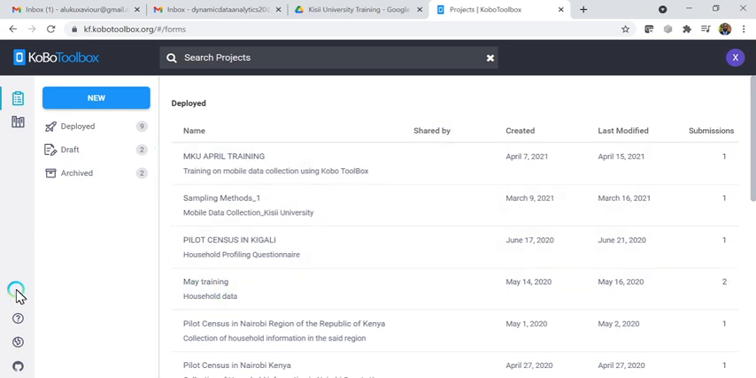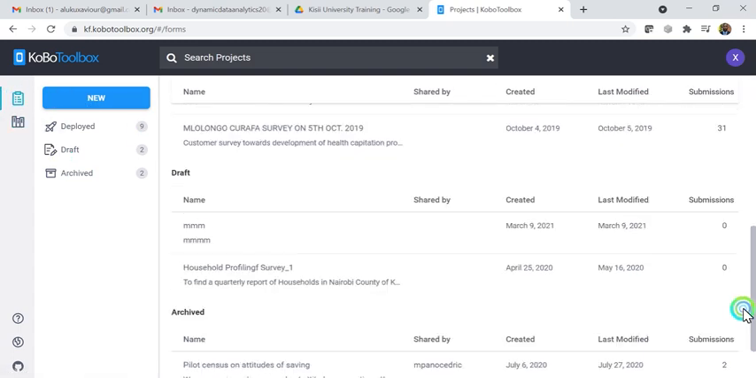So you see that under the KoboTool Box interface, I already have a lot of projects that I deployed and had worked on, about 9 of them. We have draft and so on. So the first thing, for instance, if you want to come up with this survey, I have to input all these questions. Maybe I go to, if I want to create, that is a new project here,